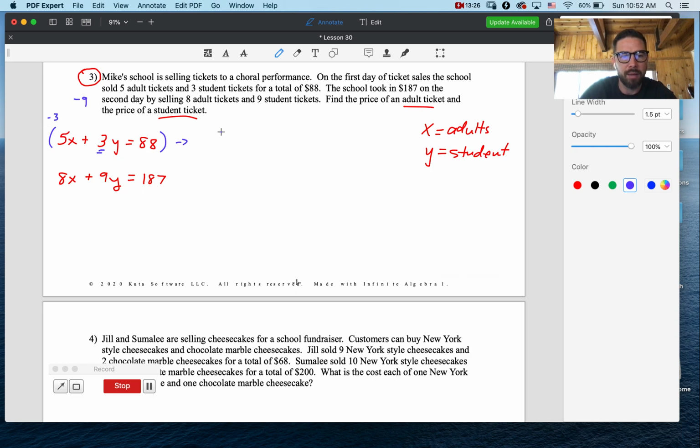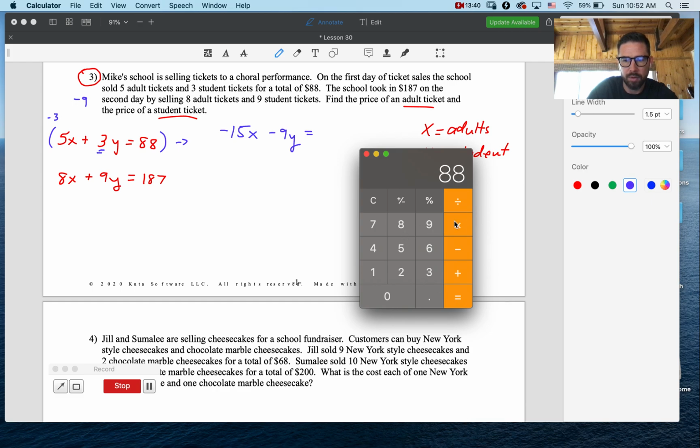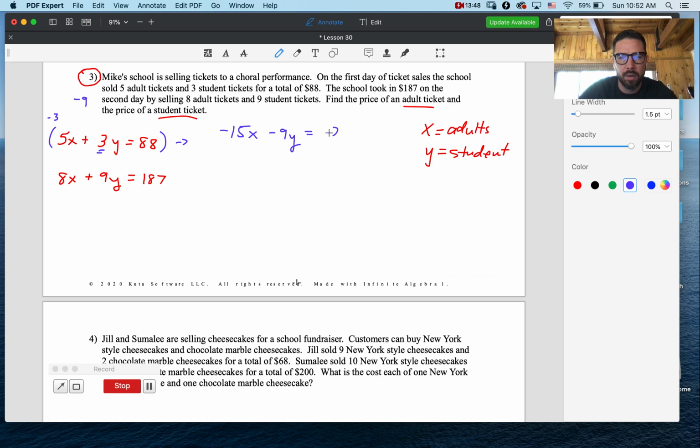Okay, so watch what happens here. I'm going to get -15x minus 9y equals, I have 88 times 3. Goodness gracious. It's really 88 times -3, right? Times -3 gives me -264. Okay, then let's keep the bottom one the same: 8x plus 9y equals 187. Okay, let's add straight up and down. And these guys actually cancel, which is cool. So I think I have